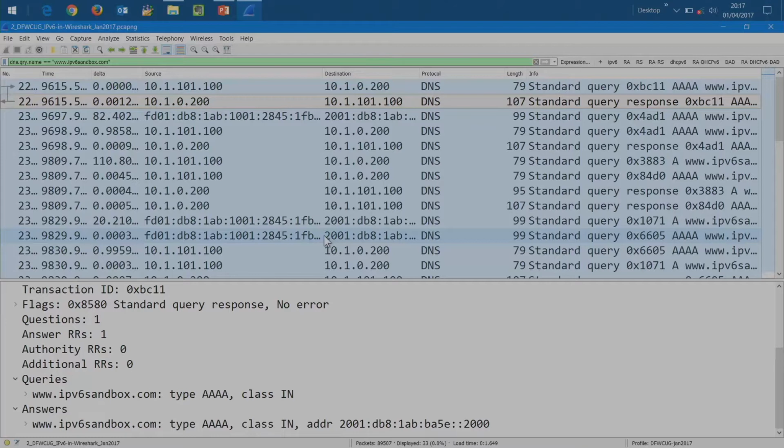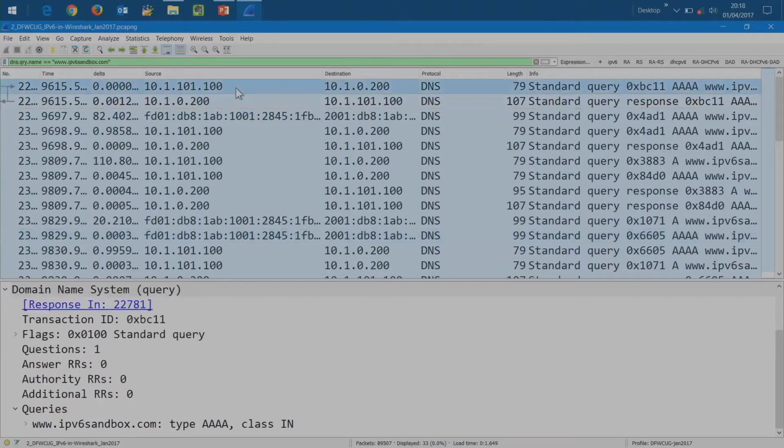What else do I want to do? I think we'll leave that one. Oh, here's another interesting tidbit. In, I think it was 2.0, Wireshark added another really handy operation over in the far left side. You can click on a packet, and if there is a quote-unquote reply for that packet, they've got these little arrows that show you where they are. So I can see I made a query, and I got a reply, and the little arrows basically tell me these two packets are connected. Its query and reply is here.